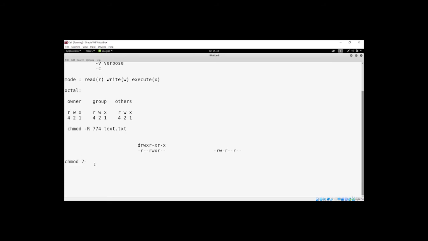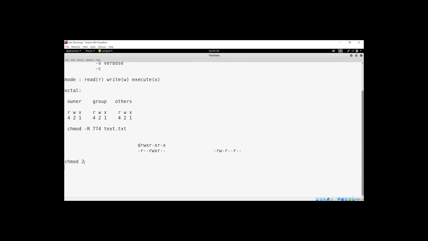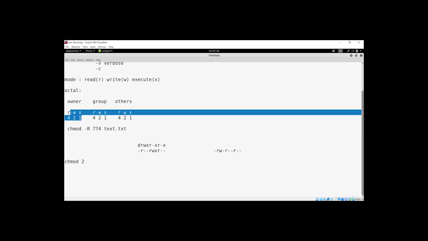But if you give something like only 2, the owner cannot read. He can only write, and he cannot execute that file.